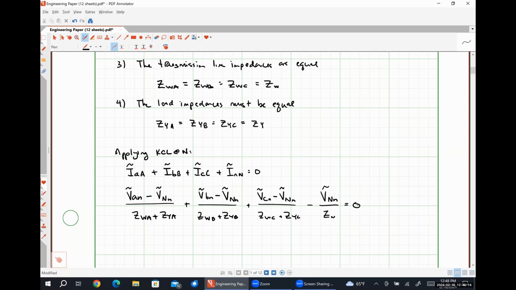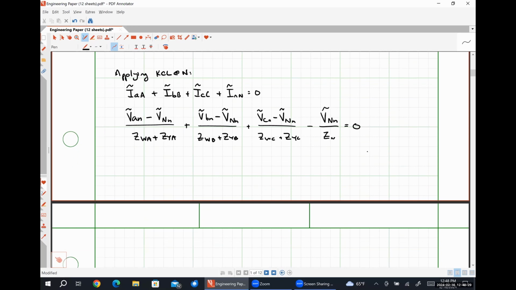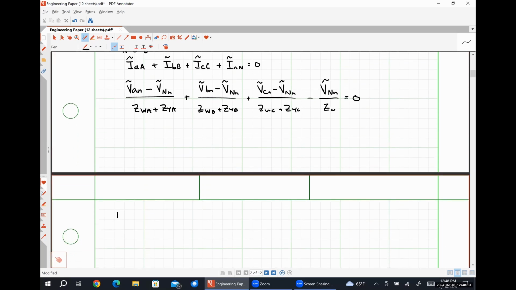So right now, everything is expressed in generic terms for any type of YY system. Now let's start imposing that the system is balanced and see what shakes out. So for a balanced network, this equation will reduce to,